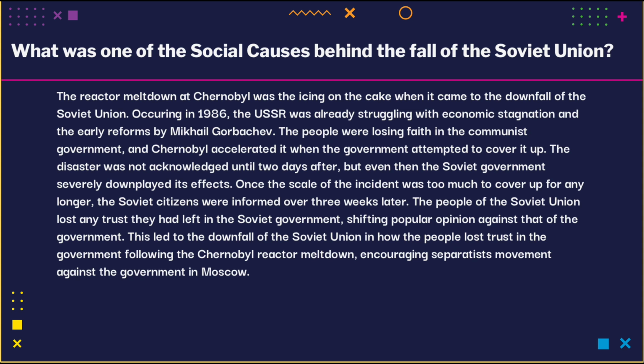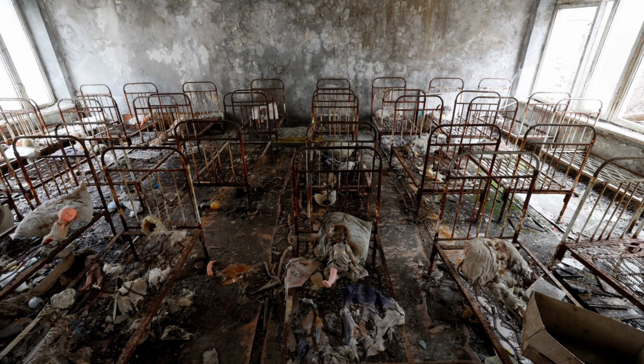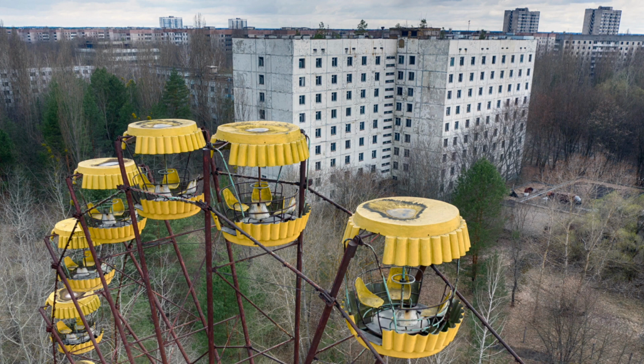Gorbachev. The people were losing faith in the communist government, and Chernobyl accelerated it when the government attempted to cover it up. The disaster was not acknowledged until 2 days after, but even then the Soviet government severely downplayed its effects. Once the scale of the incident was too much to cover up for any longer, the Soviet citizens were informed